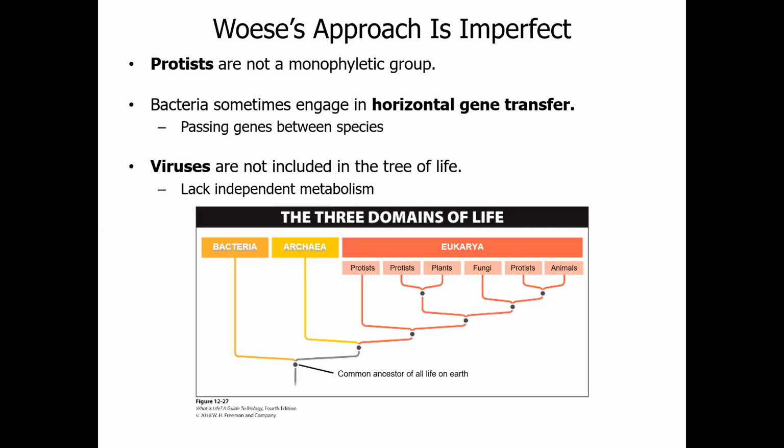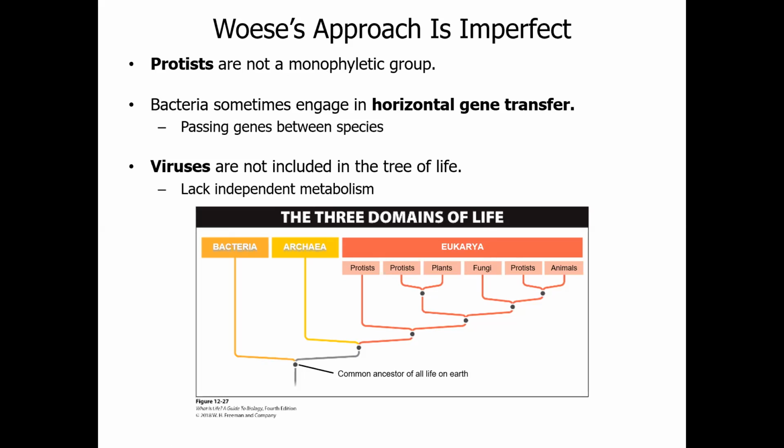However, Carl Woese's approach was somewhat flawed. Again, it's a hypothesis for an evolutionary tree, so it's the best guess we have at the relationships based on the information and the technology we have. The big thing that I pointed out earlier when talking about trees is that the protist groups were not monophyletic, so they didn't all come from one common ancestor, and that common ancestor didn't include all those descendants. As we see down here in the eukarya domain, the protists come off of a node here, a node here, and a node here. So they didn't all have an immediate common ancestor that allowed us to nicely pack it all into a convenient looking tree.